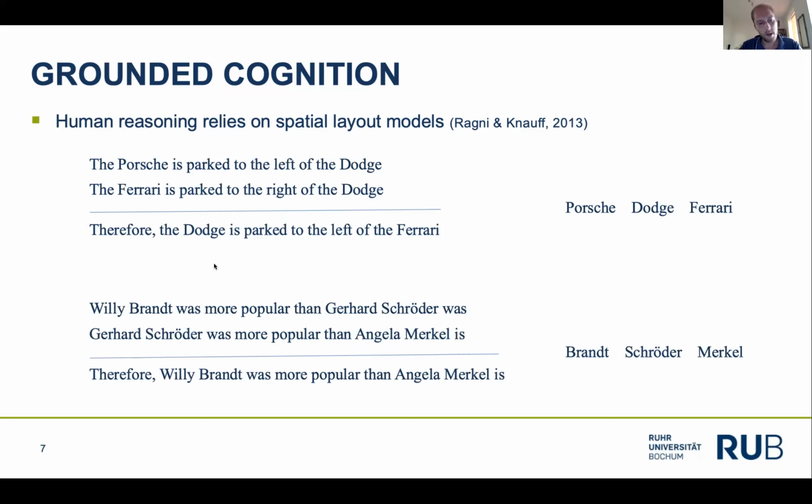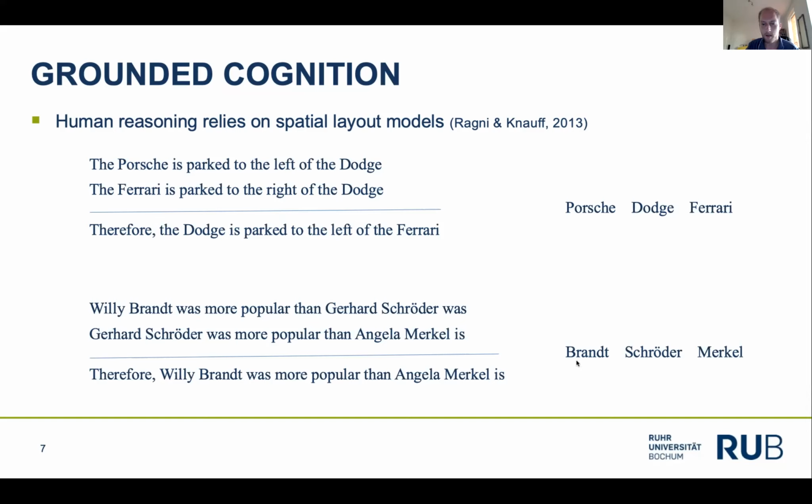So when given premises like Willy Brandt was more popular than Gerhard Schröder was, and Gerhard Schröder was more popular than Angela Merkel is, we can draw the conclusion that therefore Willy Brandt was more popular than Angela Merkel is. And we can account for how human beings do this, again, by spatial layout models. This time they are not defined over actual physical space, but rather over some abstract degree of popularity space. But still, human beings seem to embed the described people or entities into a spatial layout model in such a way that